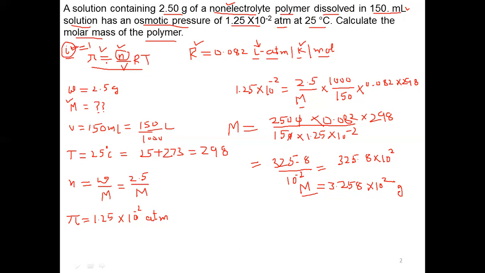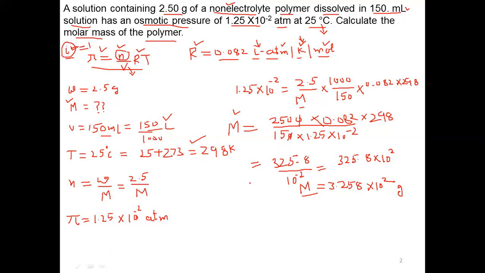So we have a formula pi is equal to n by v RT, where R is 0.082 liter atmosphere per Kelvin per mole. Now please remember its units because students remember this formula, but in a hurry in exam they forget to change the units because temperature is given in degree Celsius, but value for R says it has to be in Kelvin. So we have to convert this temperature into Kelvin. Likewise, I did here, and also the unit is in liters. Here we have V in liters, but V is given in ml, so we will convert it into liters. Rest is by simply putting the values and solving, you will get the molecular weight.